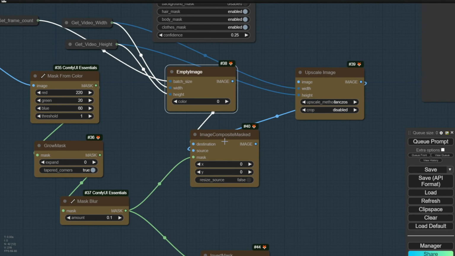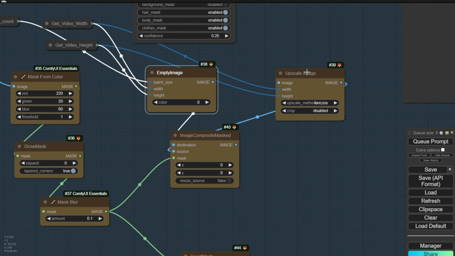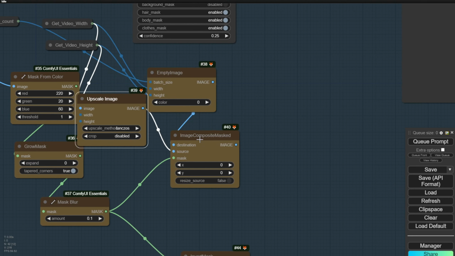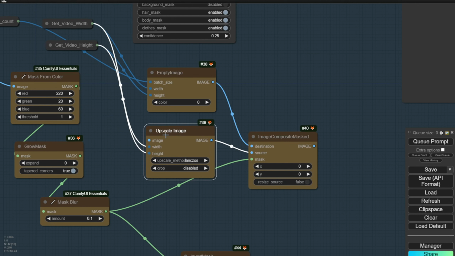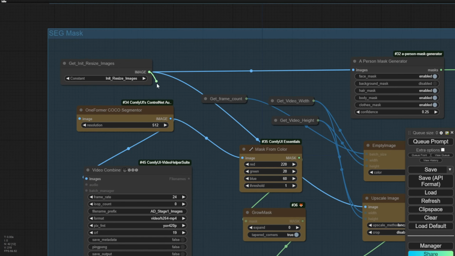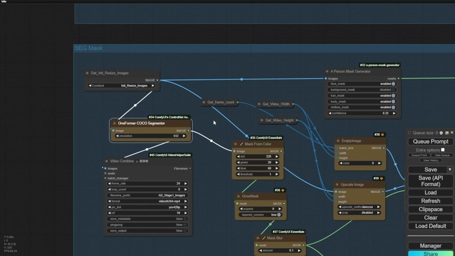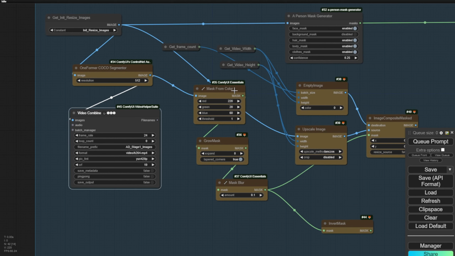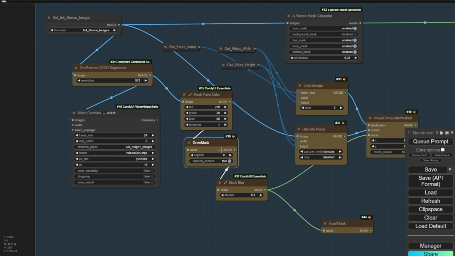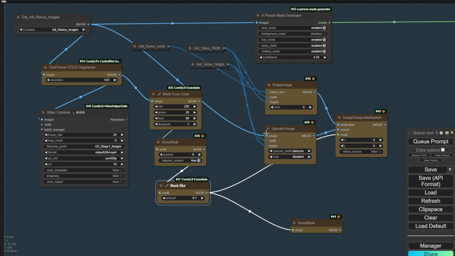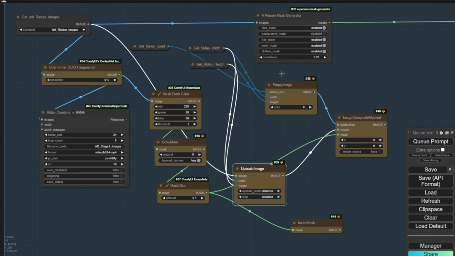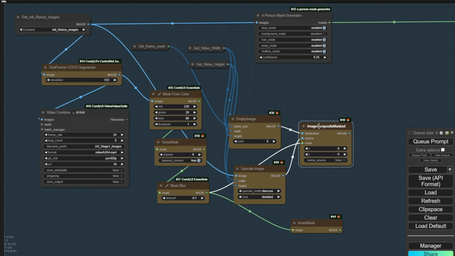And before that, we have another one called upscale image. Just have things from the source image to destinations and compose it into a new masked image list. So we'll connect this back to the image. And also this one, we have the Coco segmenter here. So this is one style of using the mask. I'll put that in yellow color as we used to do with this. Yeah, so that's one option.